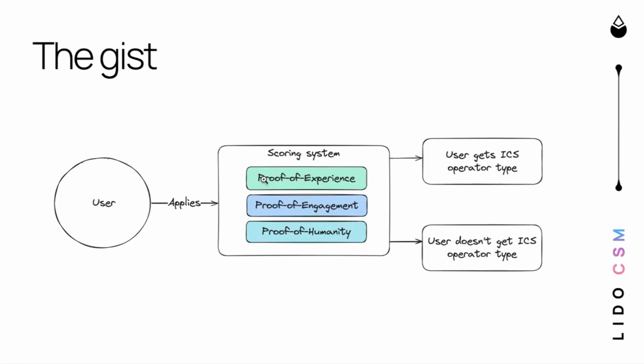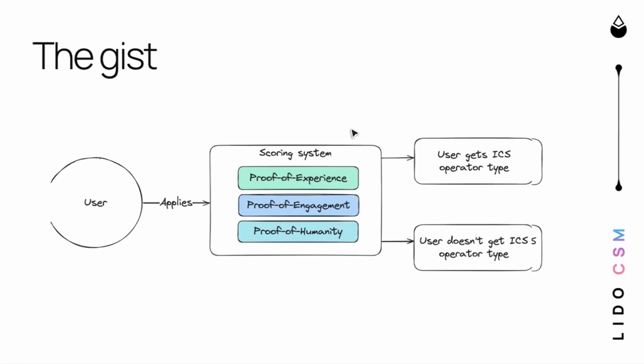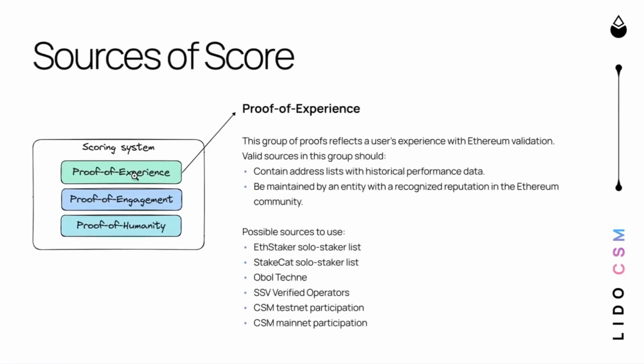So here we have proof of experience, proof of engagement, and proof of humanity. The system should provide applicants with various ways to prove, again, their experience, their engagement, and their humanity. And this way, if we take a look at proof of experience and what is proposed to be included here,